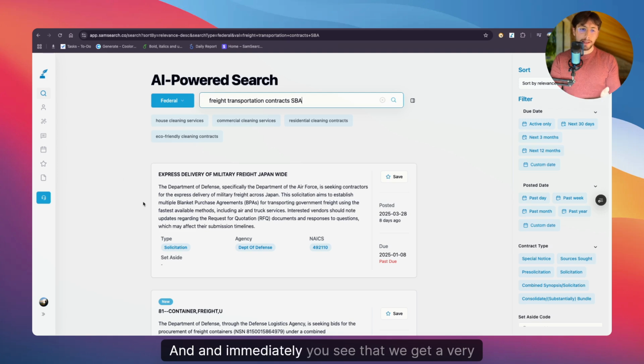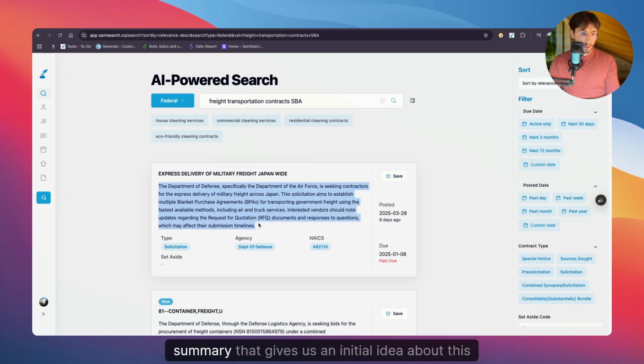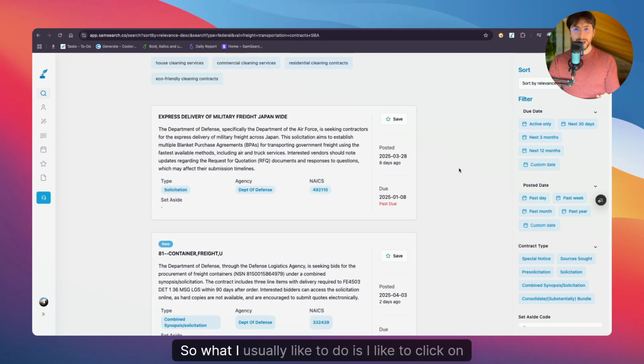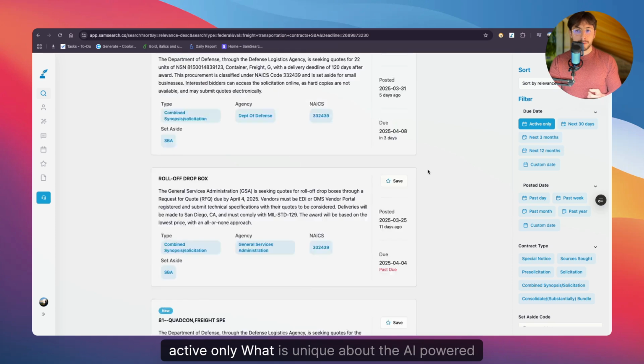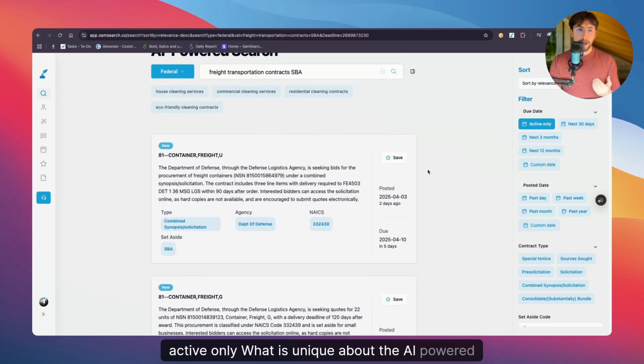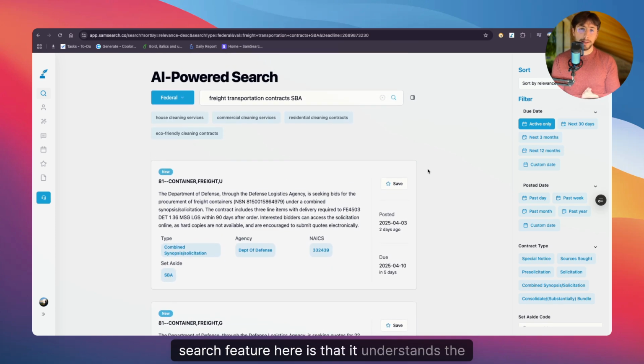And immediately you see that we get a very nicely put layout where we have an AI-generated summary that gives us an initial idea about this opportunity. So what I usually like to do is I like to click on active only. What is unique about the AI-powered search feature here is that it understands the context of your sentence.